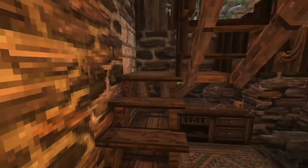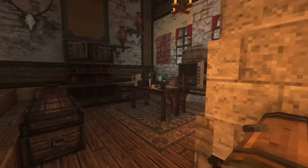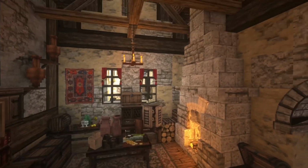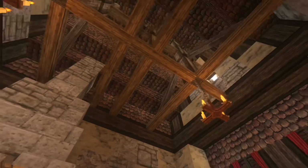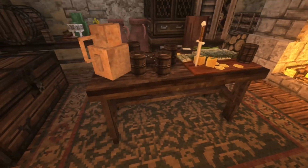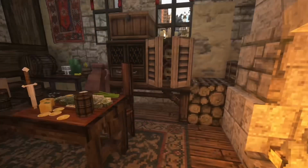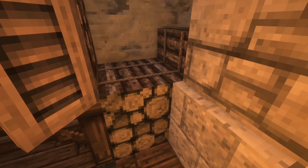And so now let's go ahead and head up the stairs into his personal living quarters. Now this is his bedroom slash where he eats and just gets comfortable, I guess. He has a nice fireplace there with a chimney that rises out of the roof. He has his table here where he can sit and eat and or maybe even read here, right? He's next to his fire. We got some storage, some cabinetry there, some logs to go on the fire,